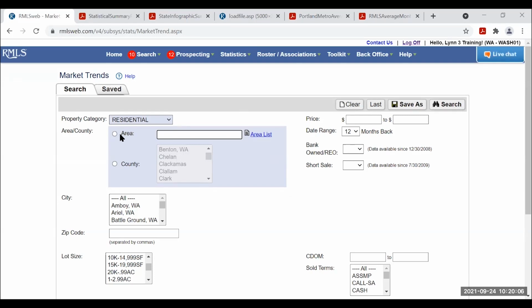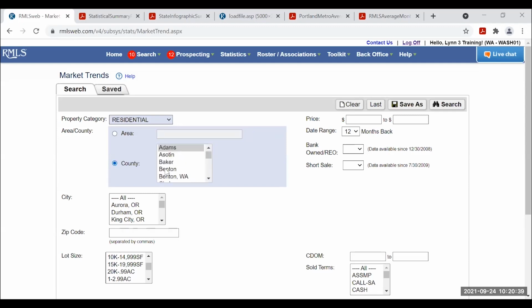So this particular report, remember the little phrase, if it's blue, you must do. So required is either the MLS area number or numbers. And remember, you can click on area list, hold down the control button and pick random areas, or left click and slide with your mouse to highlight consecutive areas, or you can just type in an area number. It can do a maximum of 5 area numbers. If you have more than 5, it will tell you in red that you have too many area numbers for this particular report. Or you can pick county, okay?